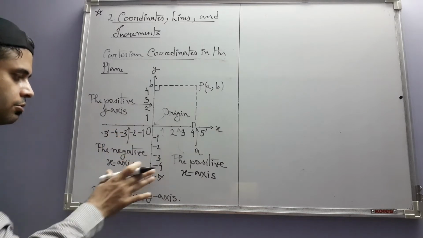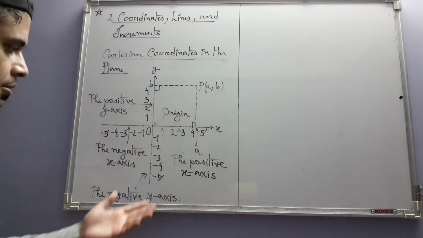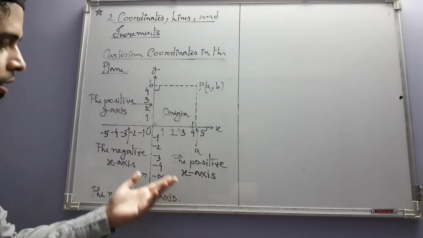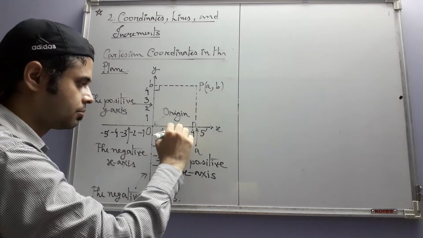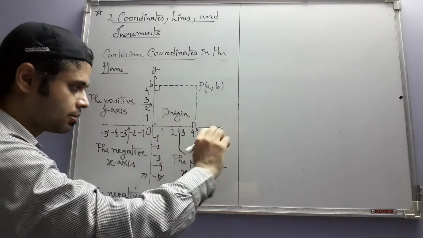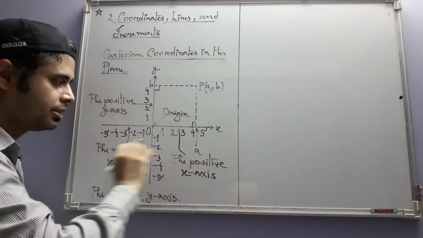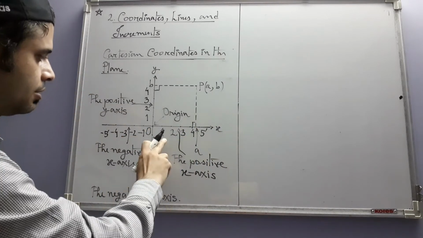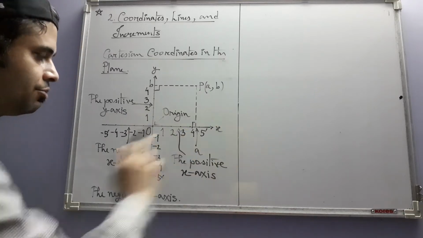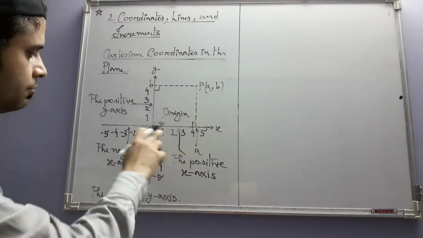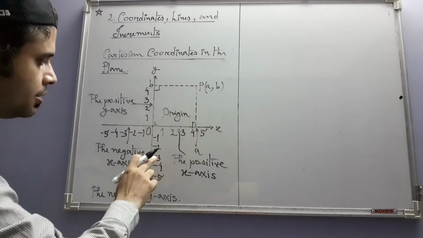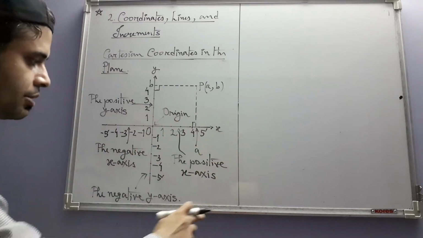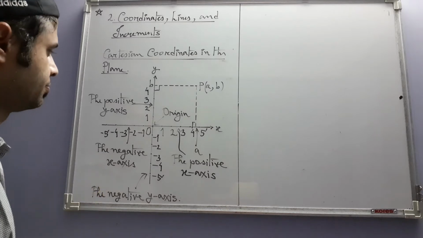And the choices for these terms are clear. The reason for these choices is clear, because the numbers are appearing in that sense. Here we have all the positive real numbers to the right of the origin on the x-axis. So that's why it's known as the positive x-axis and so on.